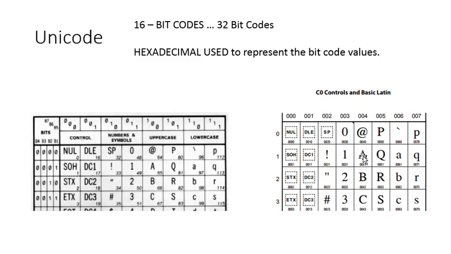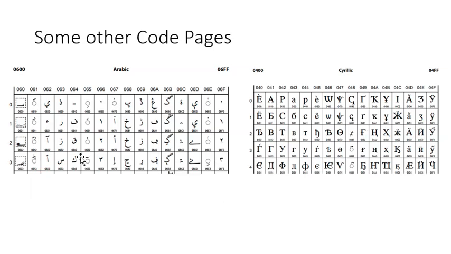0041. Now you say, well, 41 is not A. I thought capital A was 65. Yeah, 65 in decimal. In hexadecimal, that would be represented by 41, and so it goes on. And not only have we kept the whole backward compatibility with standard ASCII, but it also allows us to create different code pages, and